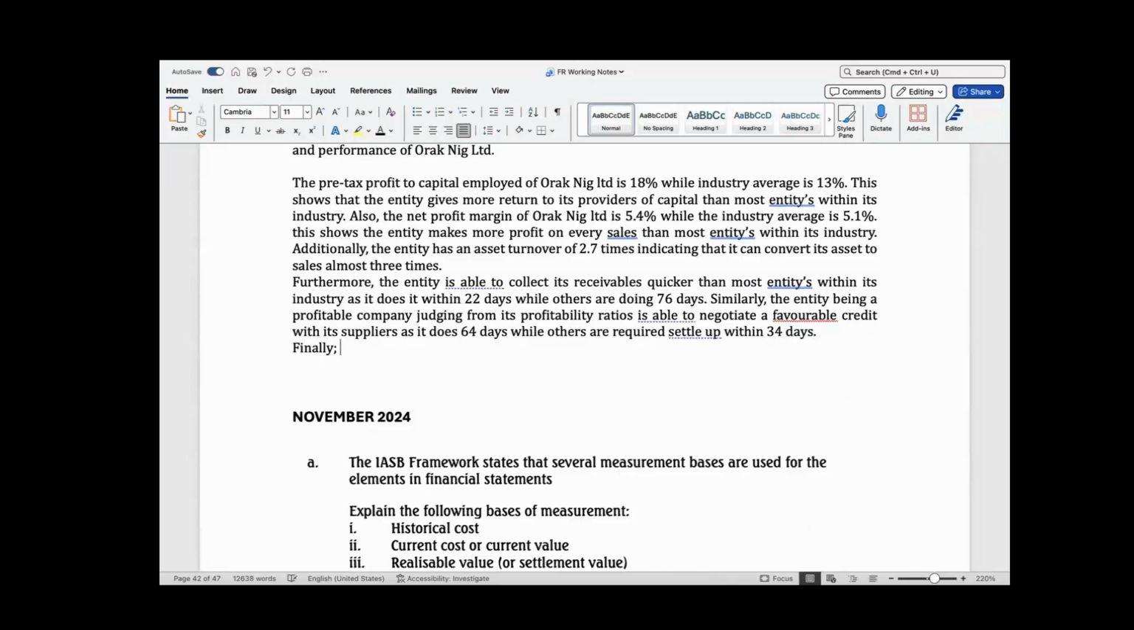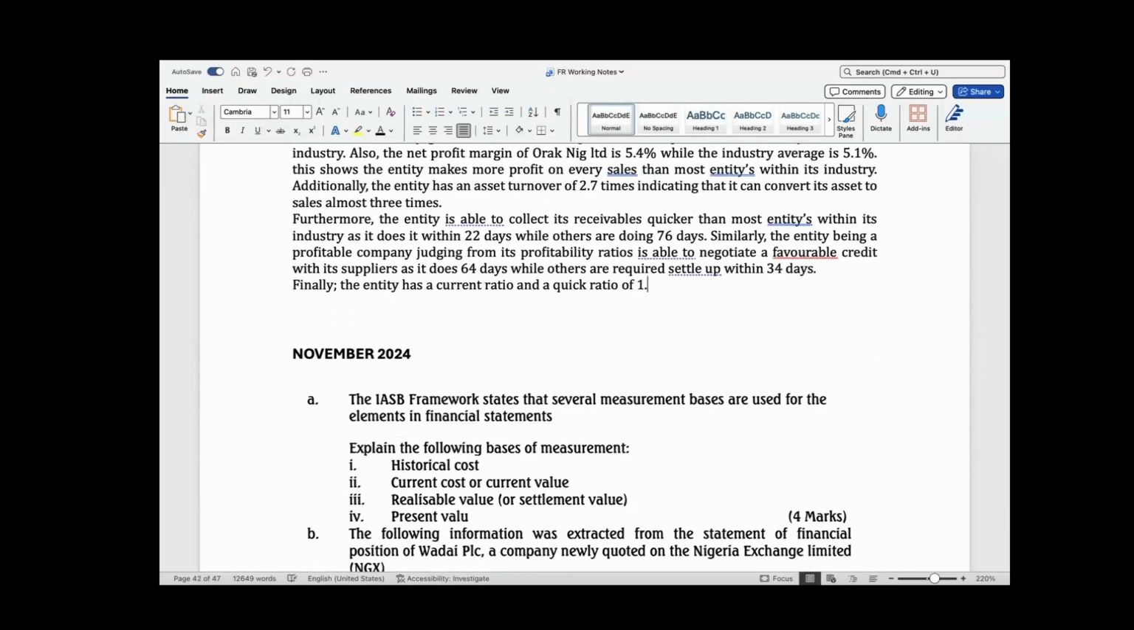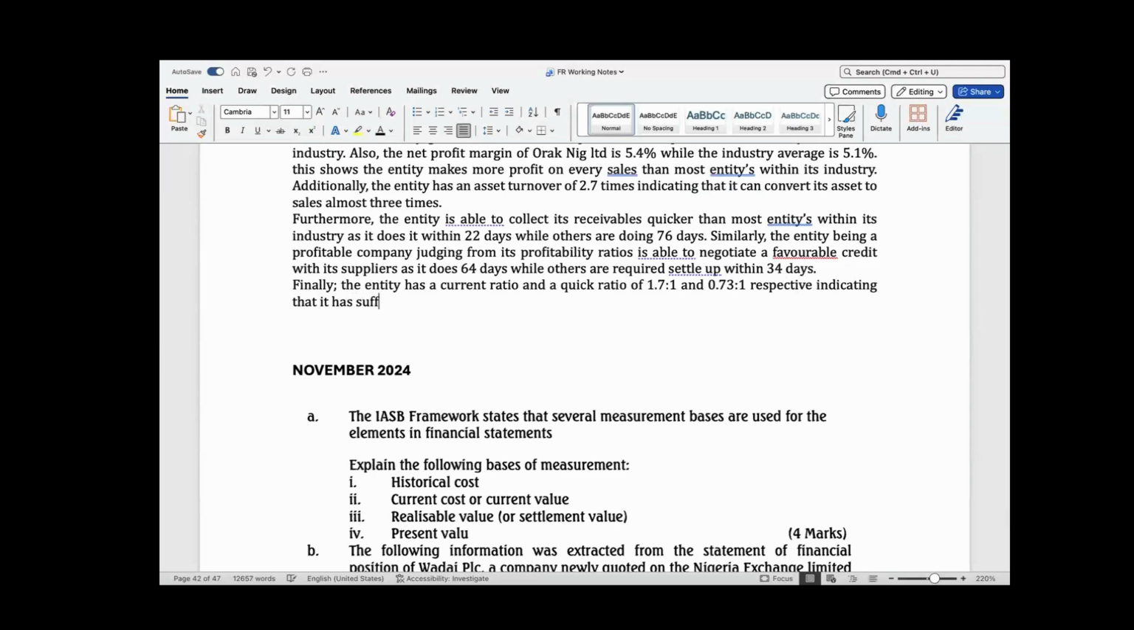Right. Finally, the entity has a current ratio and a quick ratio of 1.7 to 1 and 0.73 to 1 respectively, indicating that it has sufficient liquid assets to settle its short-term obligations,